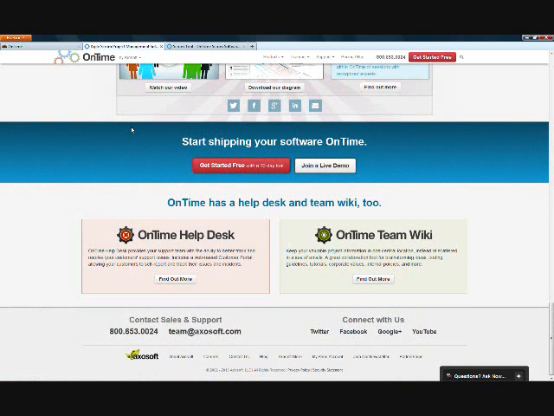OnTime software is a product of Axosoft and is essentially a project management software for IT development. There are two versions of OnTime software, on-demand and on-premises. The on-demand version is a cloud-based software service and is what we'll be working with today. The on-premises version of the software would be physically installed on Manitowoc's own hardware as opposed to being cloud-based but